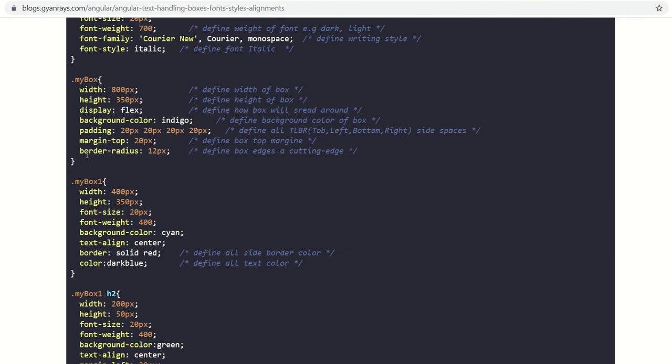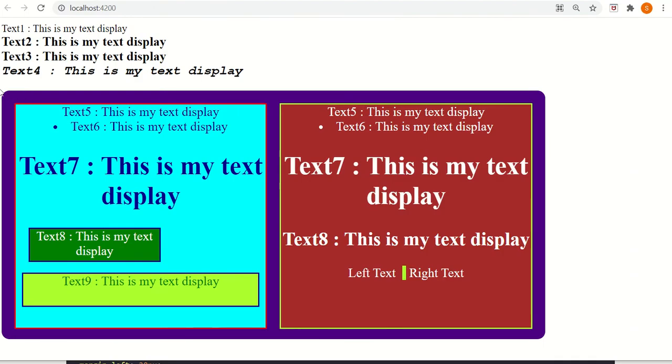Alright, now the border radius of 12 pixels. That means without it the box would be square, with pointed edges. Now I have tilted the edge, it is curved. So to make a curve we are giving 12 pixels. You can do all the R&D yourself in the code by rewriting, increasing or decreasing the pixels and see how it works.